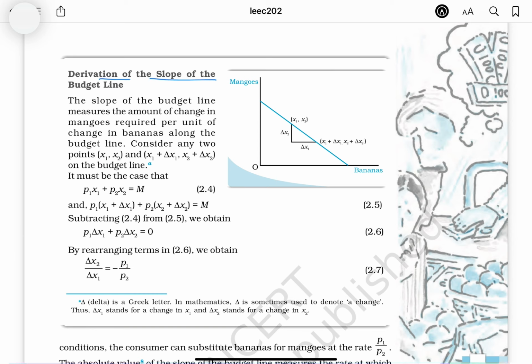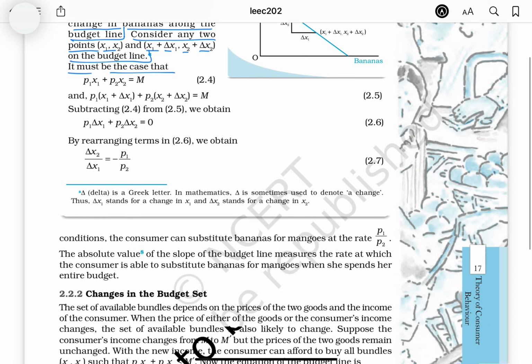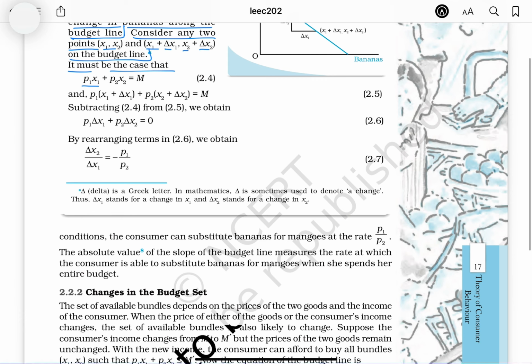Derivation of the slope of the budget line. The slope of the budget line measures the amount of change in mango required per unit of change in bananas along the budget line. Consider any 2 points (x1, x2) and (x1 plus delta x1, x2 plus delta x2) on the budget line. It must be the case that p1 x1 plus p2 x2 is equal to m